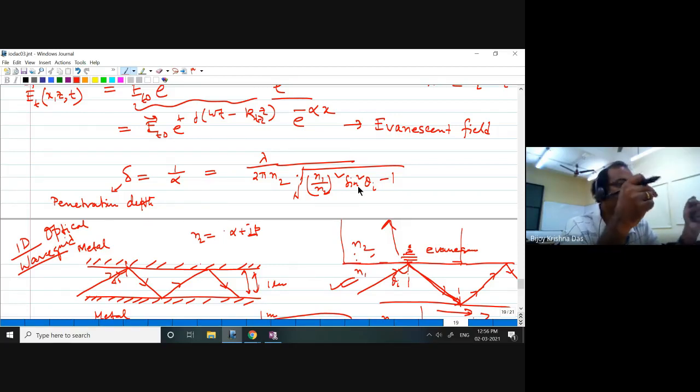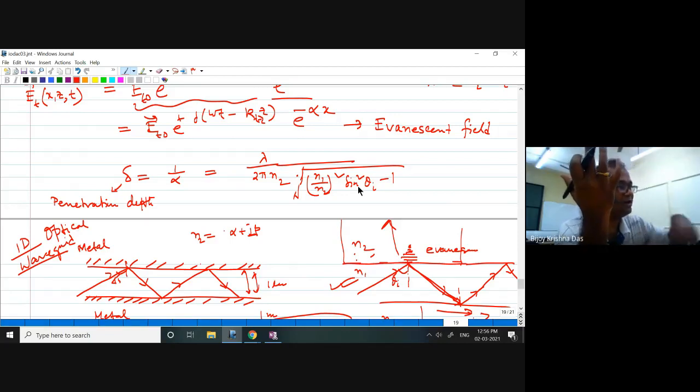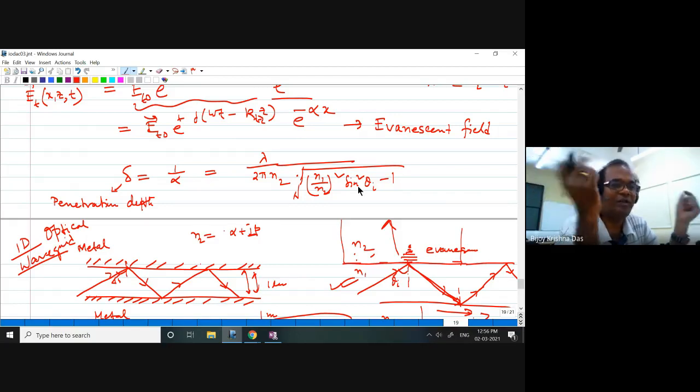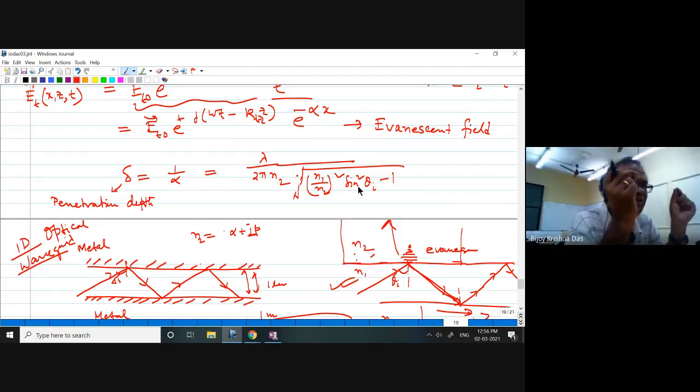Exactly at critical, that is some kind of singular point, right? So that's some kind of non-ideal, non-practical situation. Your evanescent field will be there, but that evanescent field will be infinitely extended theoretically. So that situation is not really giving you a guided mode. But if you consider slightly greater than this, then you get a situation that is not infinite; some value will be there.